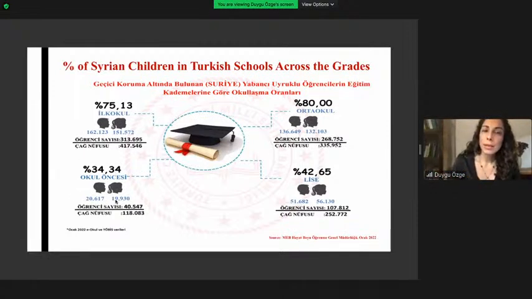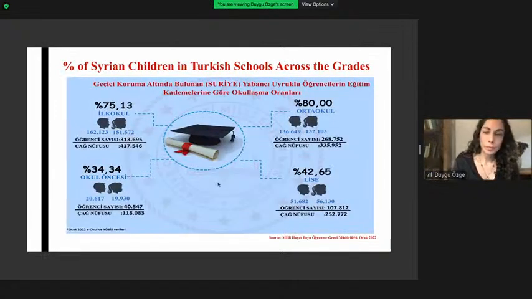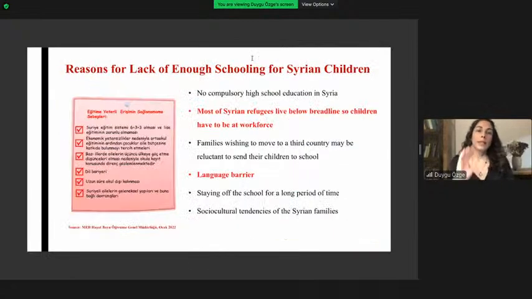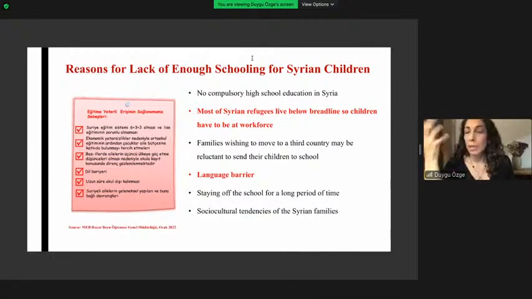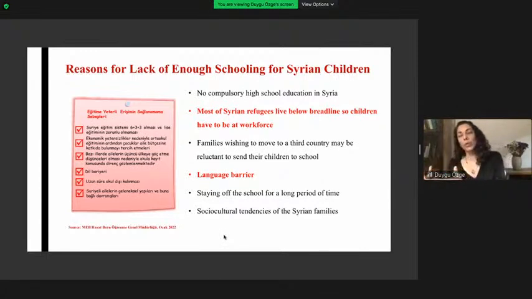So we see that only the minority has the right to have preschool education. And again, when we see the reasons, I take the reasons from Milli Eğitim Hayat Boyu Öğrenme. We can talk about other reasons, and I can think of other reasons, of course, but two important factors are living below the breadline and language barrier. Okay, so we will try to understand how socioeconomic status and language barrier might have influence on the